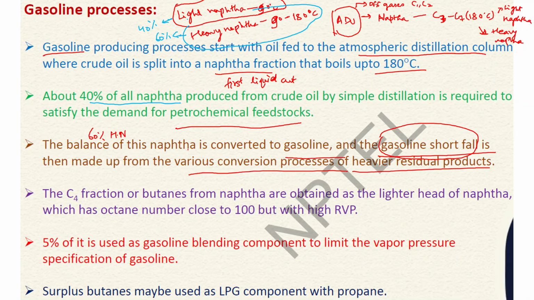Combined naphtha is further used for conversion to gasoline. Okay. The C4 fraction or butanes from the naphtha are obtained as lighter head of the naphtha,